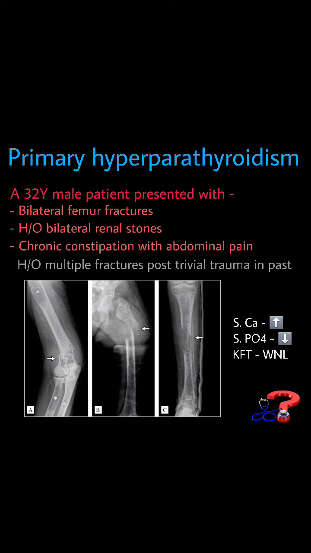And in the management, first of all, we need to decrease the calcium levels in the blood. That can be done by the use of bisphosphonates, glucocorticoids, denosumab, and other drugs like mithramycin and plicamycin. And for the definitive management, we need to